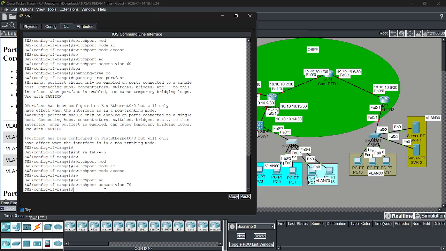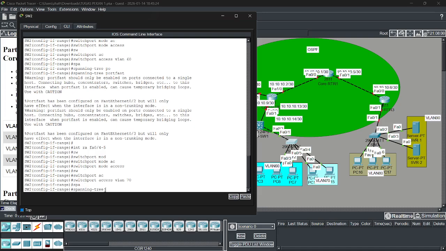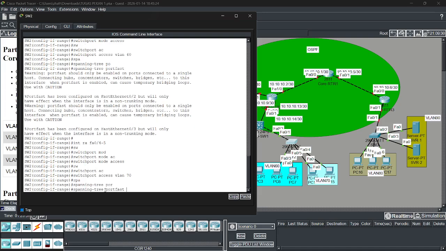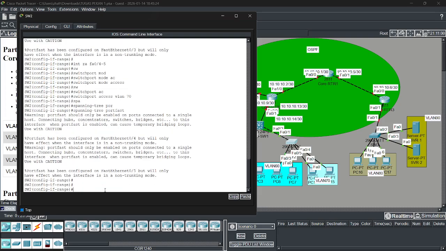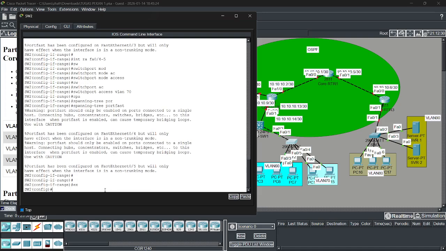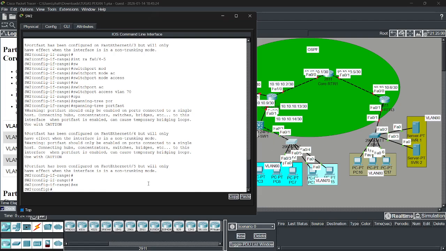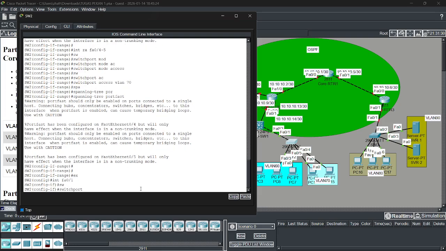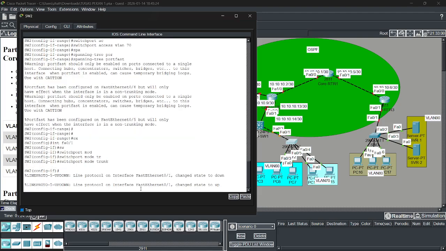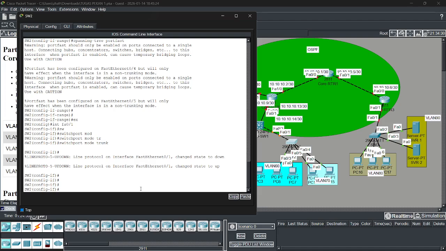Okay, don't forget spanning-tree portfast, and then we add switchport mode trunk on interface FastEthernet 0/1. Switchport mode trunk. Okay, we go to core switch 1.